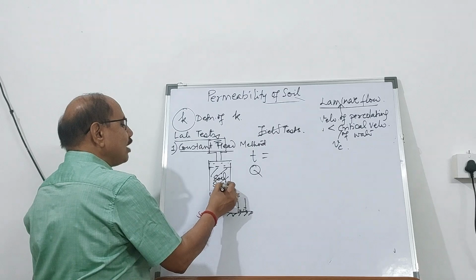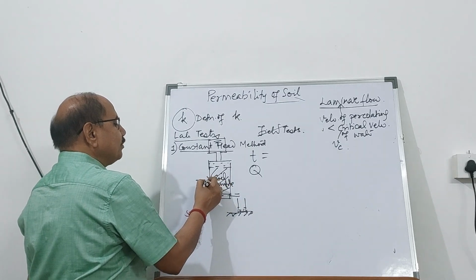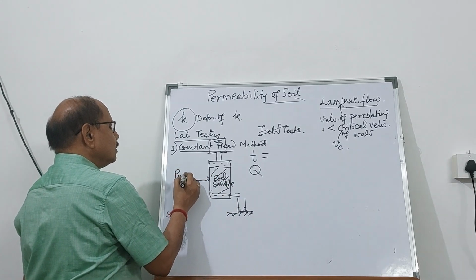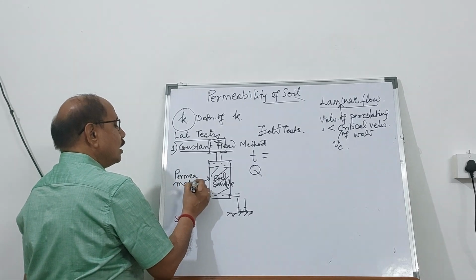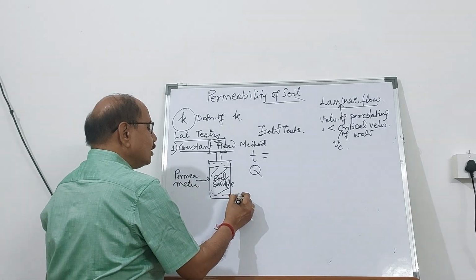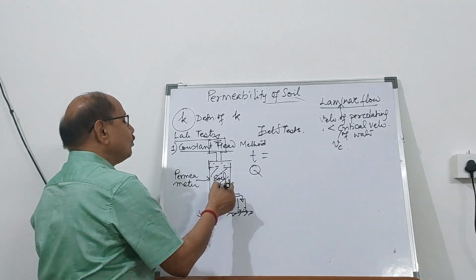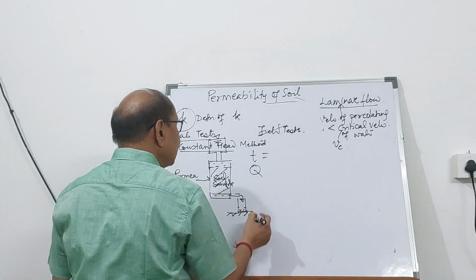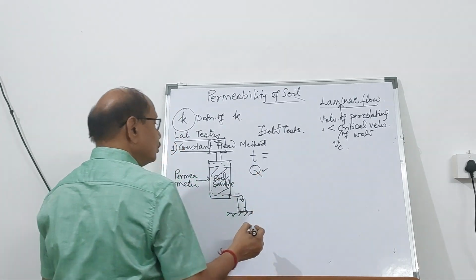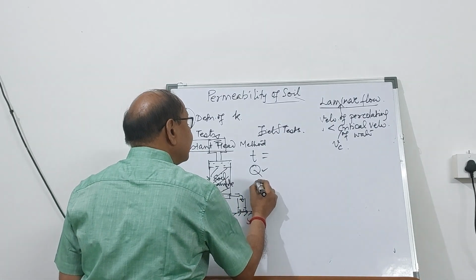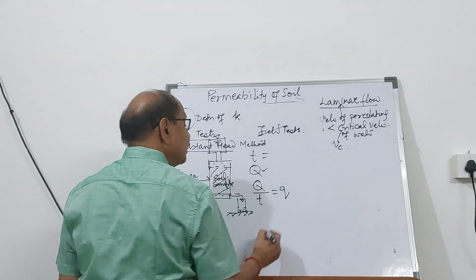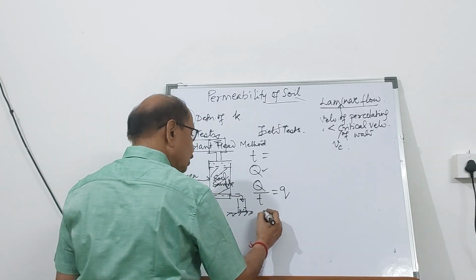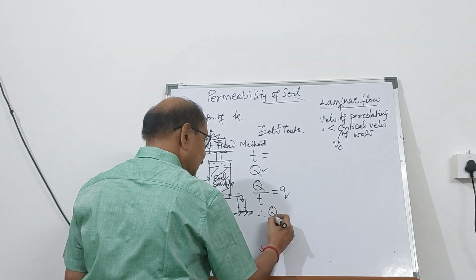So you can take a soil sample in a permeameter and allow the water to drip out, pass through the soil sample, and that discharge is Q. So you know the rate of discharge Q by T becomes the rate of discharge. So therefore, Q by T,